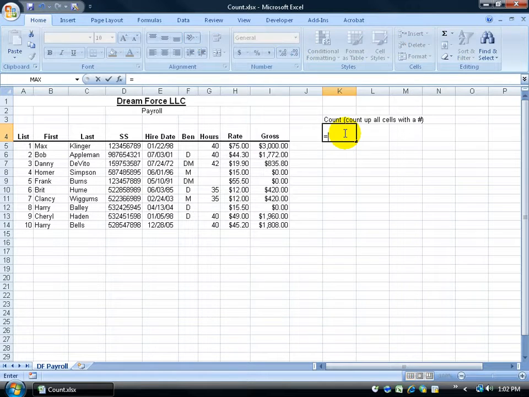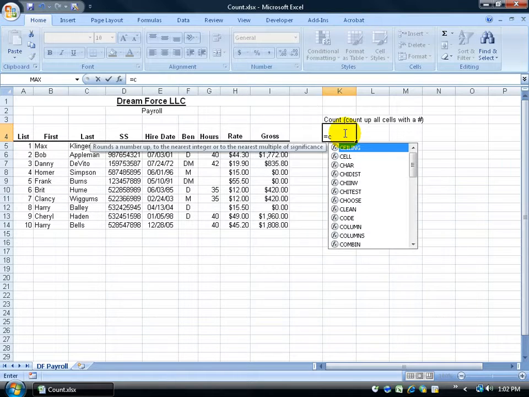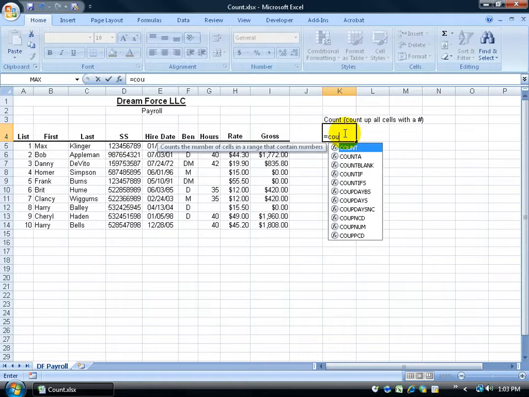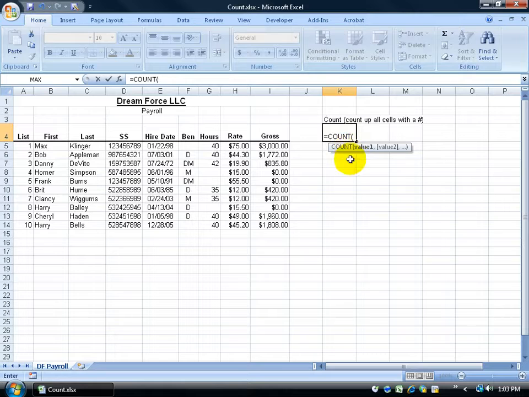And in this cell down below, I'm going to actually insert my function. So I can type in equals. Now remember, there's more than one way to insert a function. This way I'm going to go ahead and type in equals and type in COU until I actually get to my count. And there's COUNTA, which we'll do in just a minute. Double click on count, and then it says, okay, what range do you want to count up? And I'll go ahead and click and drag and select my range, or I can type it in G5 through